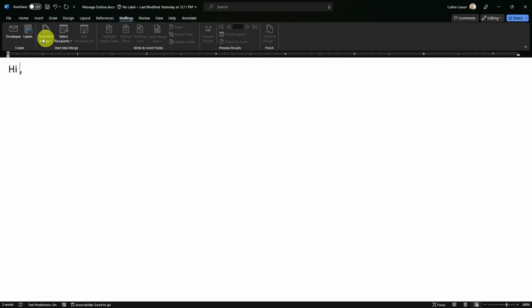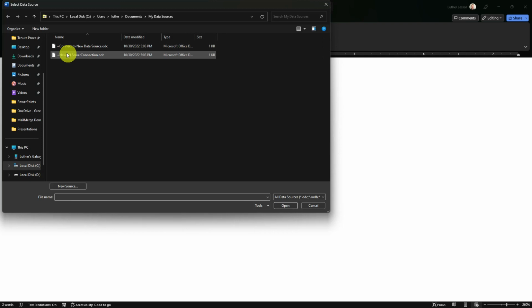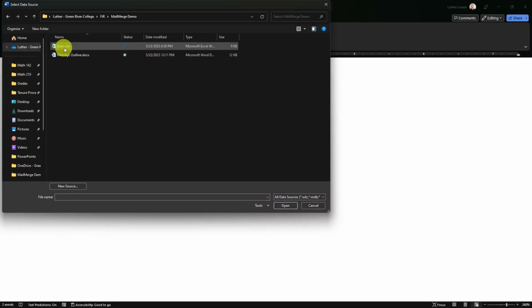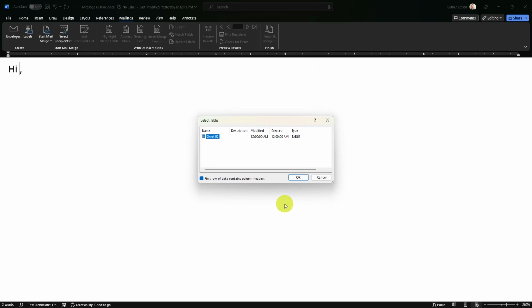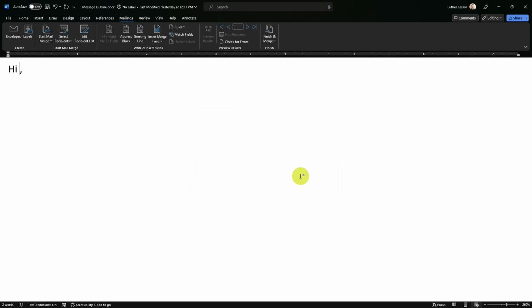I'm going to come over here and tell mail merge that I want to select these recipients. There we go. I can create a new list on the spot, or I can use an existing list, and this is where I'm going to navigate to my particular data file here. This is that file that I showed earlier that all of that information is sitting in. And it'll look in there, it'll try to find a table. That's the table with all that info in there. So I'm going to hit OK. And then these other things open up.